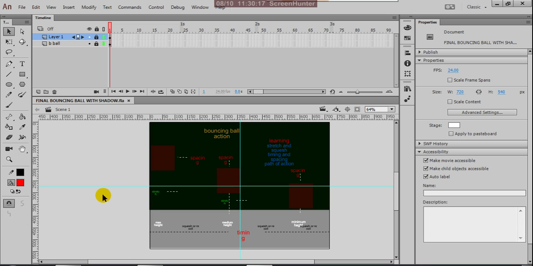So this bouncing ball, how do you use it in animation? What is the link between animation and the bouncing ball? With this bouncing ball we learn very important principles. Few principles we observe, we follow, we learn. First let us check what the bouncing ball is. This is the already finished bouncing ball action. Let us check by pressing Ctrl and Enter.